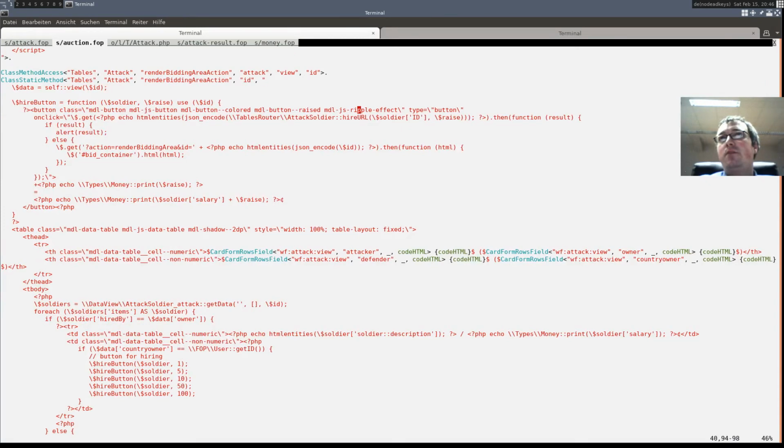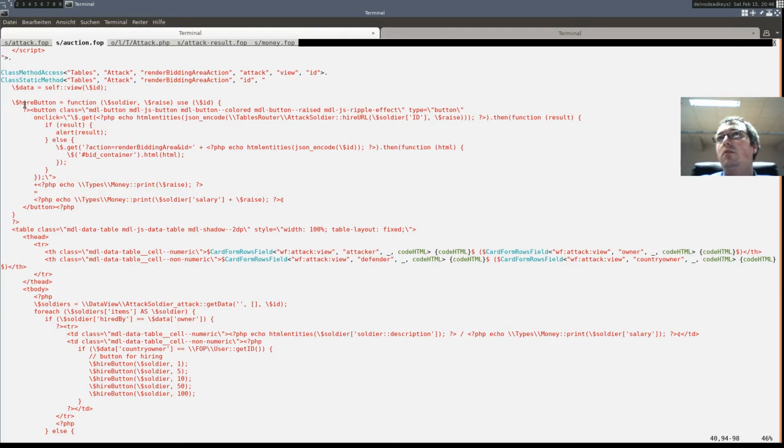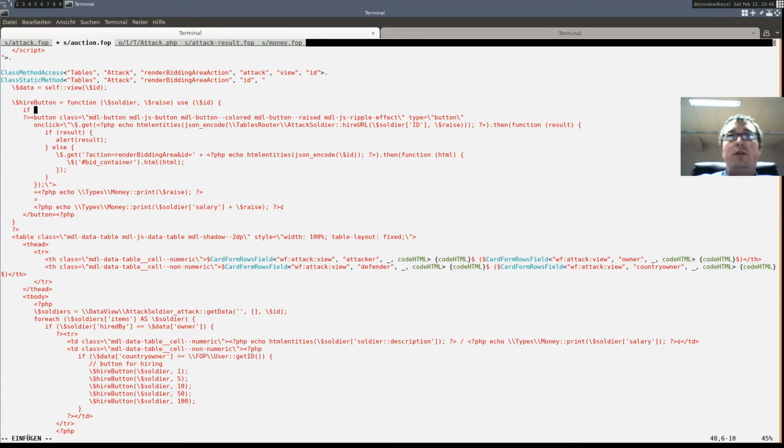Next thing is, don't render a button if we don't have the money. If fob user get money is greater or equal soldier salary plus raise, if and only if.